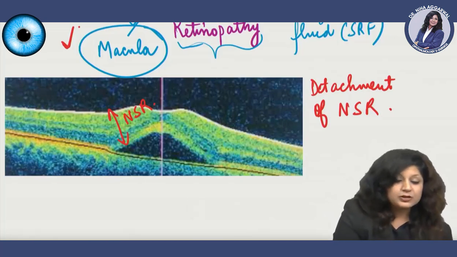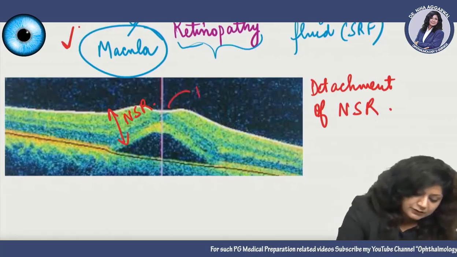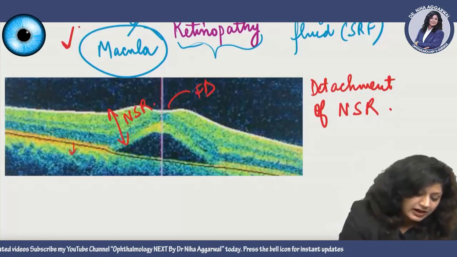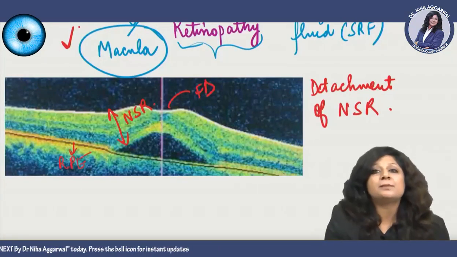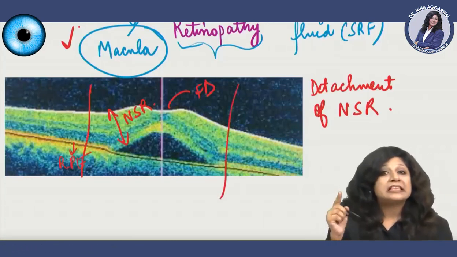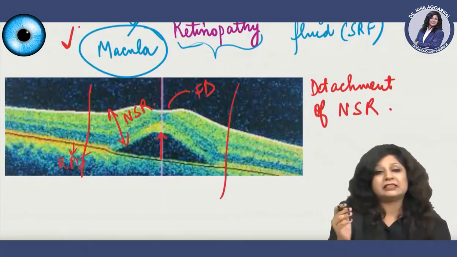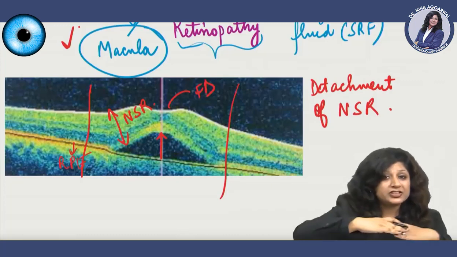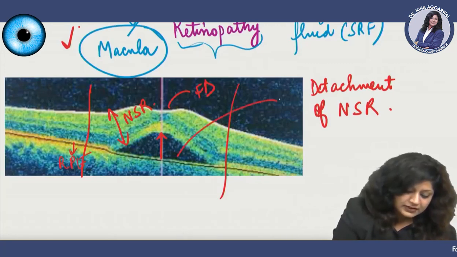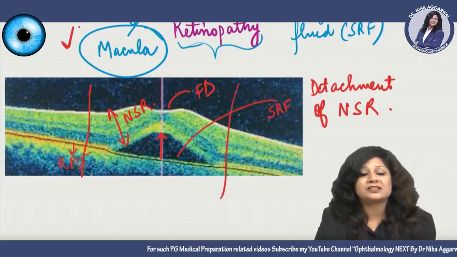Okay. Now try to see this OCT. Can you see here? This was the neurosensory retina. This is the foveal depression. And then this is your RPE layer, the retinal pigment epithelium. Now this will be your macular area. When this is the macular area, can you see detachment of the macula in the macular area? Now because there is detachment in this area, there is collection of fluid, and this fluid is SRF. What fluid? SRF, that is subretinal fluid.